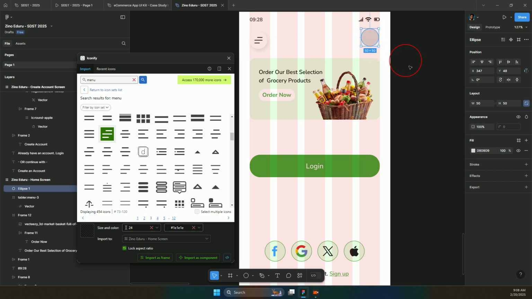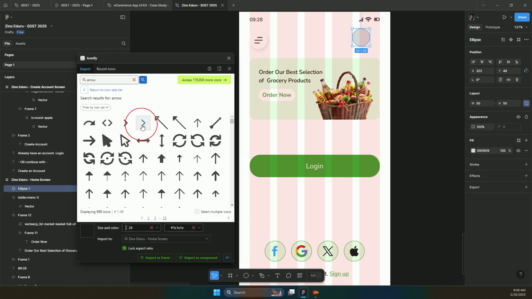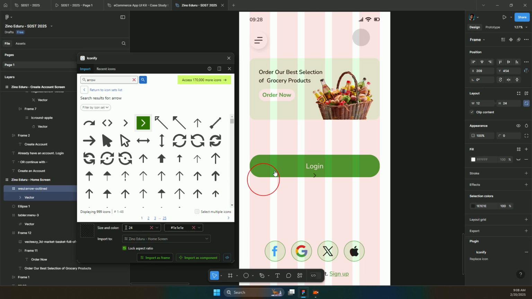Okay, so now I want to fill this color, this place. So what we want to do now is I want to fill this place with, I want to do a kind of stylish thing here. So what I want to do now is that I want to make sure that I have the icon, which is the arrow icon here. So let's do the arrow icon first before we go to the next one. So arrow, yeah, this is the type of arrow icon I want. So I click it, and then I import as frame. Okay, so we drag it up,